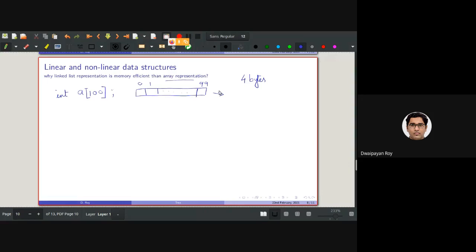Anyone? It's easy. 400 bytes. Correct. So 4 into 100, because there are 100 integers that it can store. So altogether it will be 400. So 400 bytes of memory are needed to store this array in the memory.